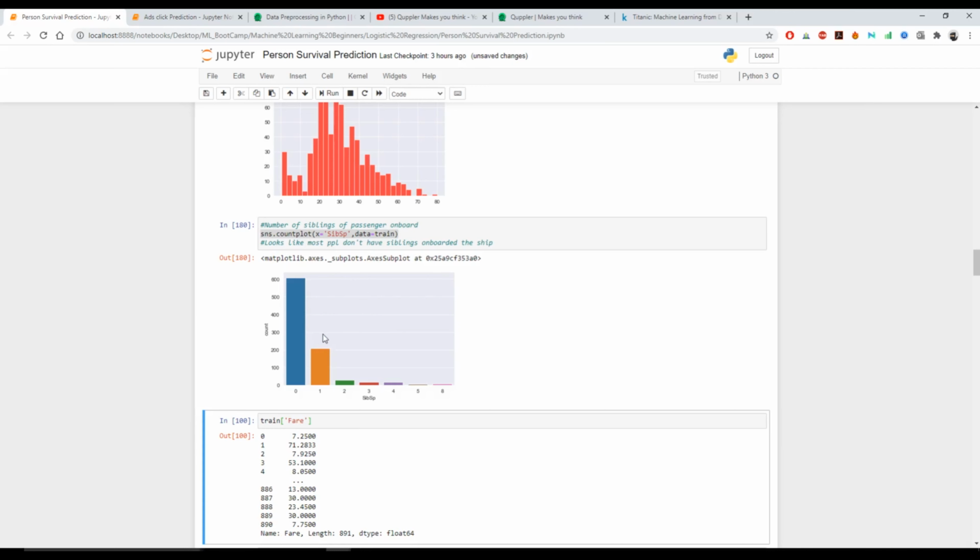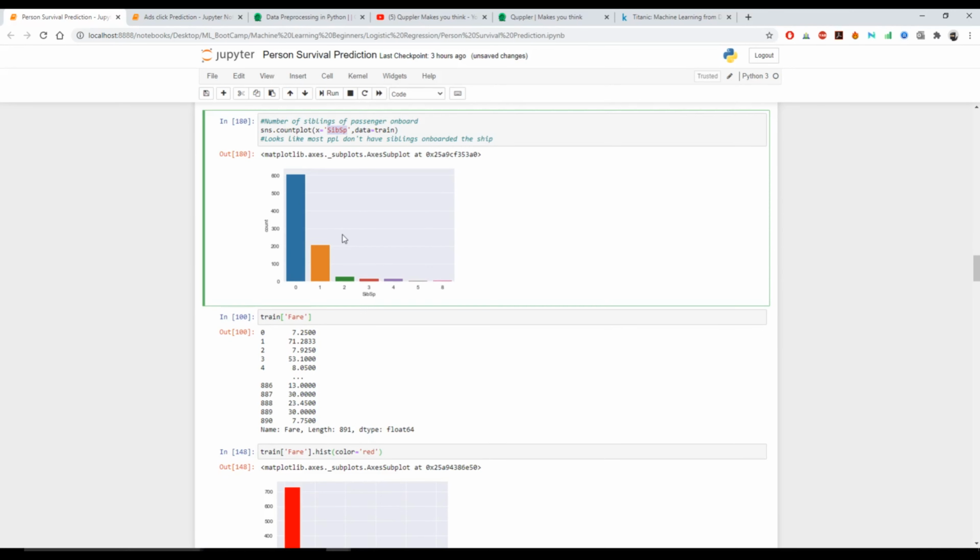where you can see the zero SibSp count, the relation which talks about the siblings of that particular passenger. So very few siblings were traveling on the ship. There is a total count of almost 600. So most of the people were couples or something. There were not too many brothers and sisters on board. They would be businessmen or some other people. We can depict this from the SibSp column.